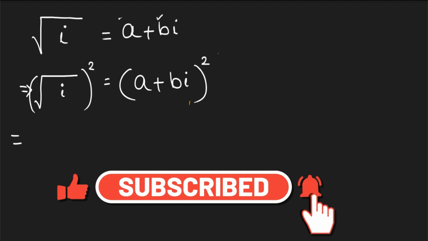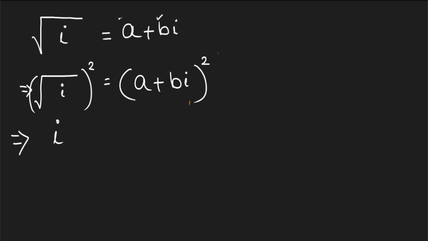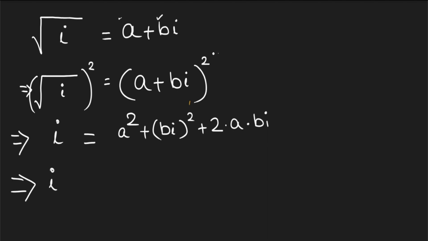So the left side will become i, is equal to, as this is (a plus bi) whole square, we can write a square plus b square, that is (bi) whole square, plus 2ab, 2 into a and bi. So we can write this as i is equal to a square plus b square i square plus 2abi,